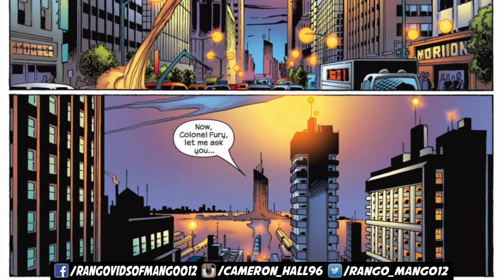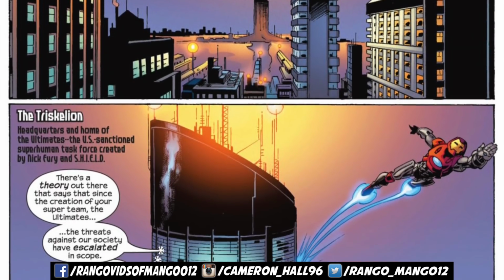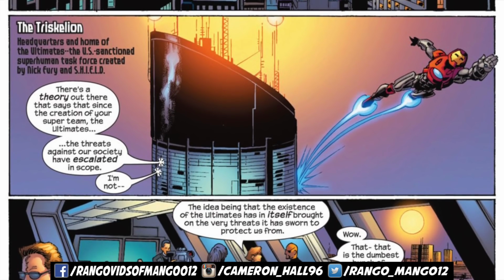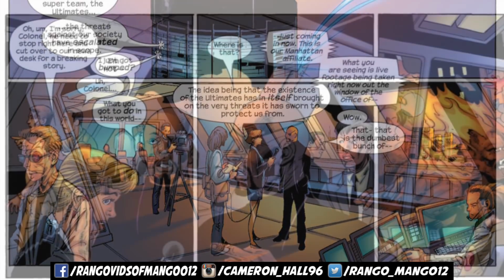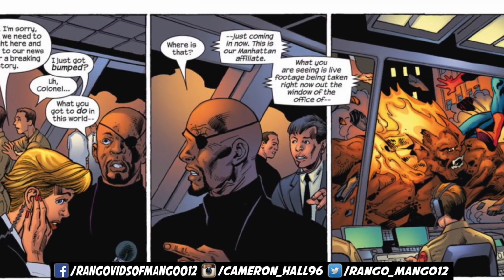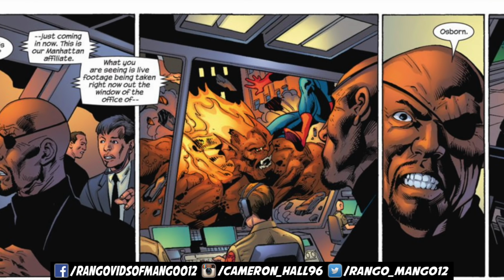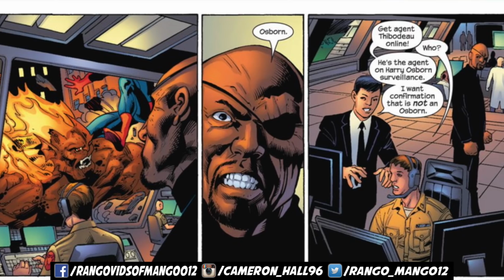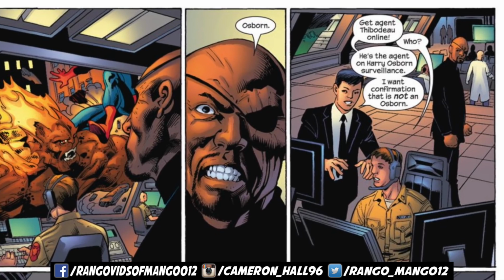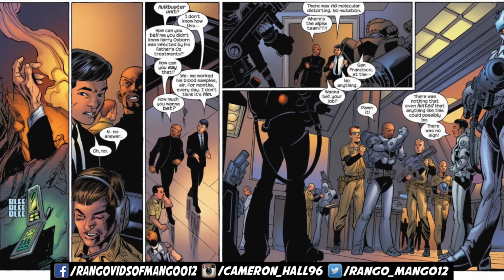But looking past that, one of the things that the Ultimate Spider-Man comics do quite well is introducing other characters by tying things together. And in this case, we introduce Nick Fury and the characters from the Triskelion base by having Harry Osborn, aka Hobgoblin, going after the Triskelion base himself. Now, one minute that wasn't actually a thing. One minute it was just Spider-Man and Harry Osborn fighting in the city, and the next thing Harry Osborn is directed towards the Triskelion,